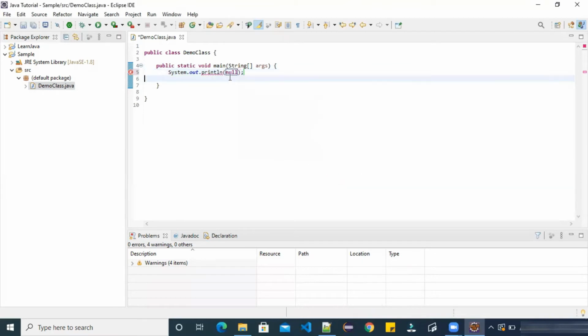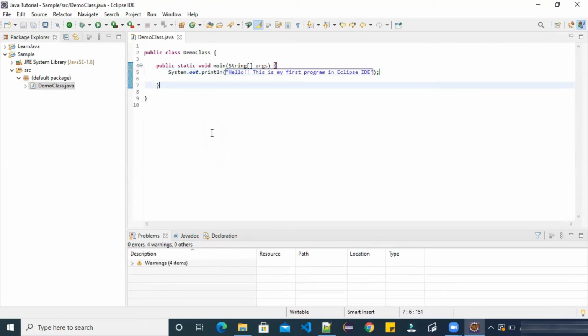So let's go back to this program and provide a string here inside double quotes. Hello, this is my first program in Eclipse IDE, right?